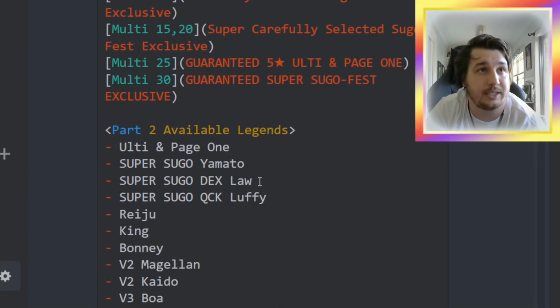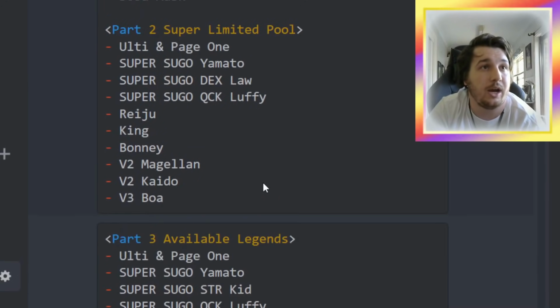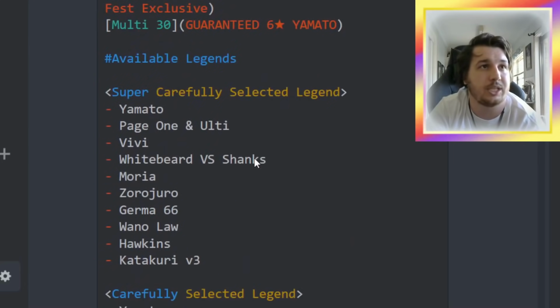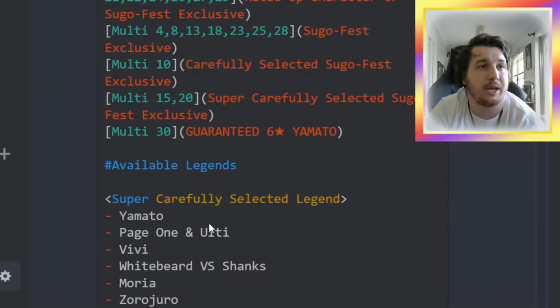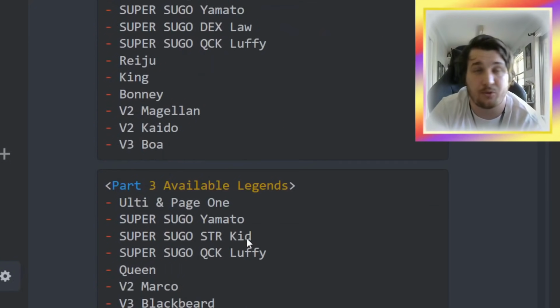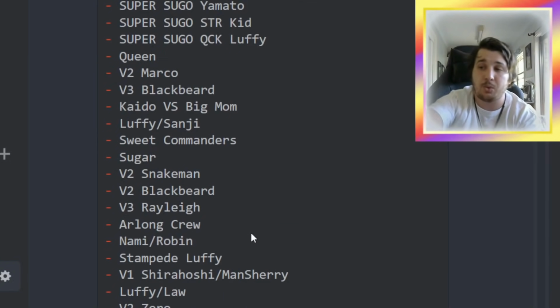So part 2 had Dex Law and Quick Luffy, where part 3 had Kid and Luffy, and then part 1, I'm pretty sure, just had Yamato and page 1 ulti. So the Super Sugo Fest is very, very good. Obviously, Super Sugo Fests are where most free-to-play players should be spending their gems, and this one right here,